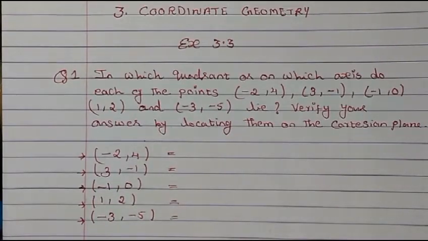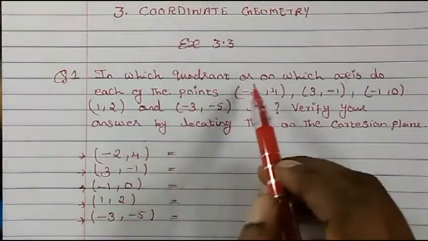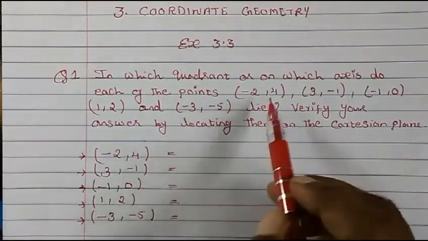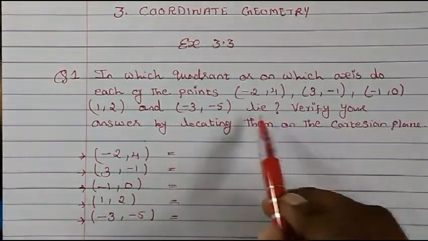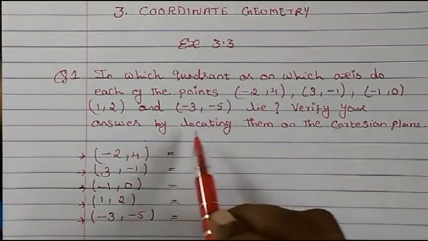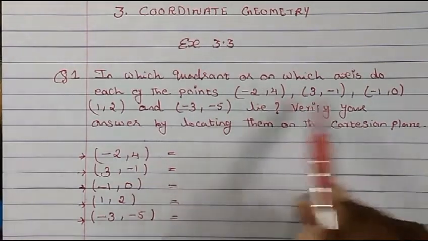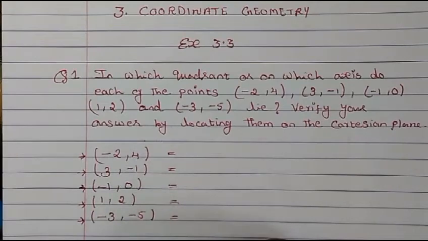Today we are going to study from class 9 chapter 3 coordinate geometry exercise 3.3 question 1. In which quadrant or on which axis do each of these points given to us lie? Verify your answer by locating them on the Cartesian plane. So these points I have written down here. So we have to